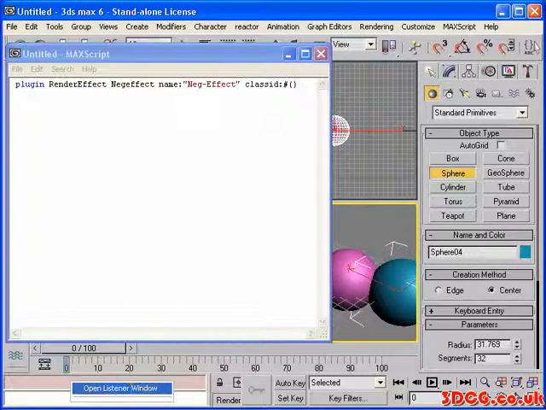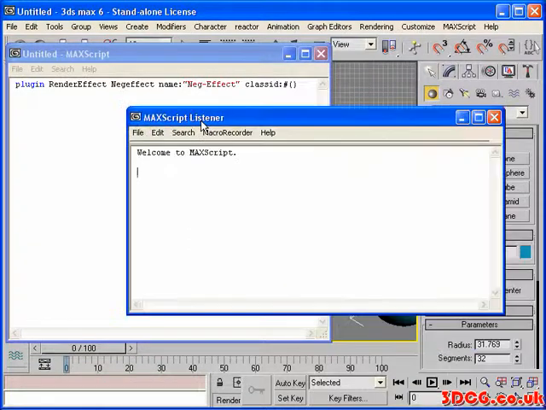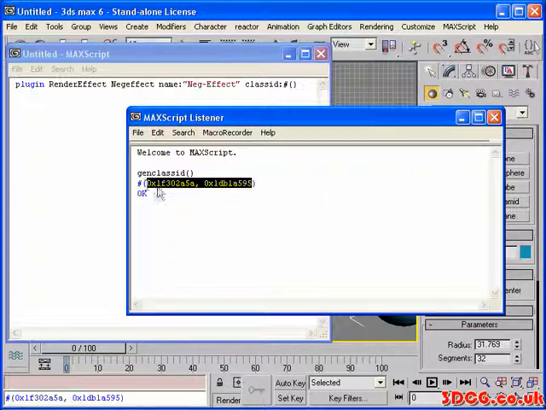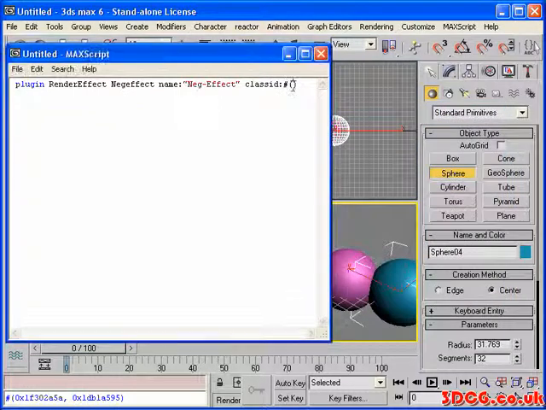To get the class ID, we come down, open the listener window, and we use genClassID, open and close brackets, and there is our unique class ID for this plugin. So if we just paste that in there, and then we'll start a new line. We'll do what we always do, open and close brackets. We don't need to add a rollout to this plugin, but we will anyway. So we'll just do rollout info roll, because all this rollout will contain is literally just a short caption,